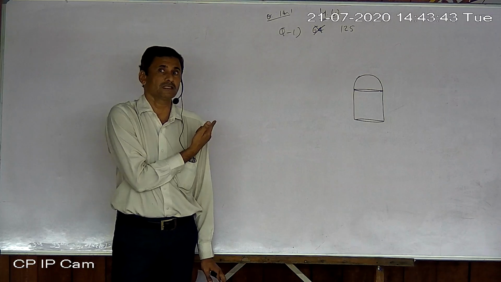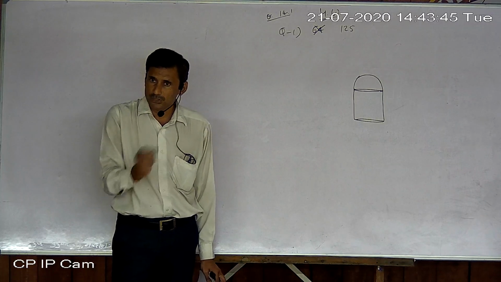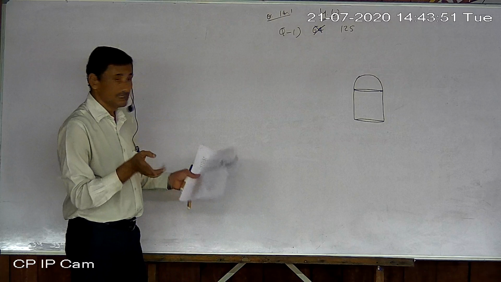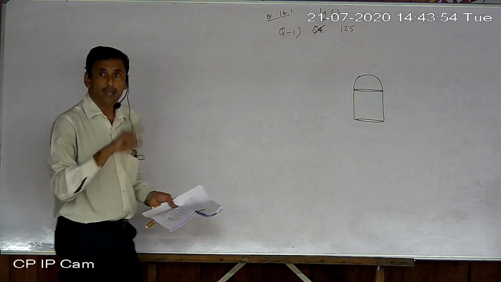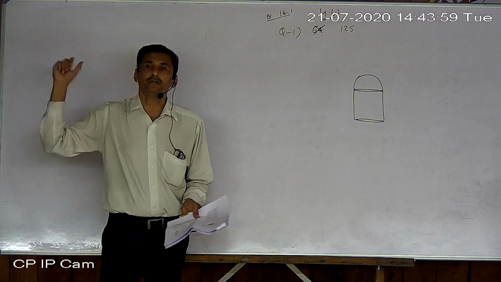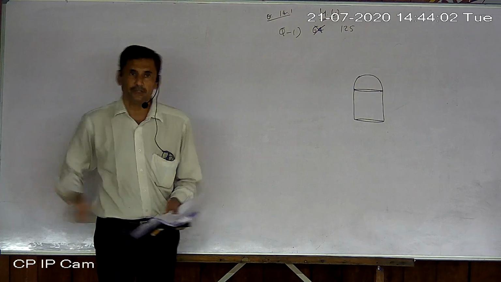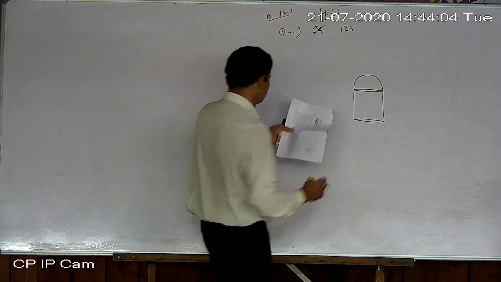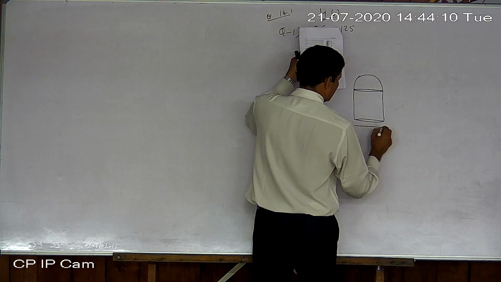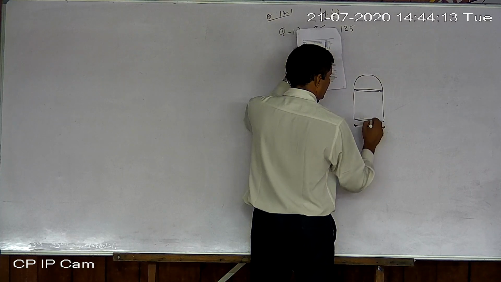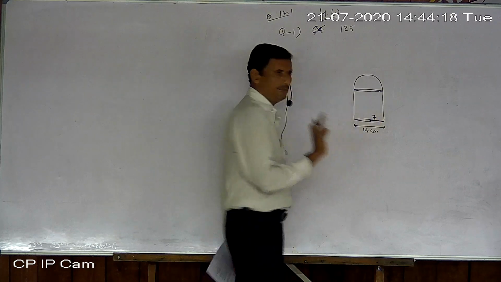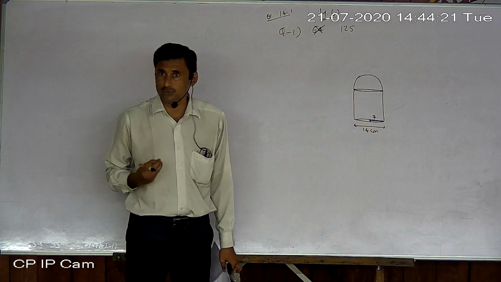So: writing the formula, placing values and simplifying. Do not start blindly. Draw the figure carefully, label all measurements, and if any measurement is missing, find it first of all. Then only start the formula. Now look here. What is given? Diameter is given, 14. So I can mark it this way: diameter is 14 centimeters. Actually, the radius will be half. You can write half. If you don't want to write centimeter everywhere, it is not necessary. The figure is for us only.